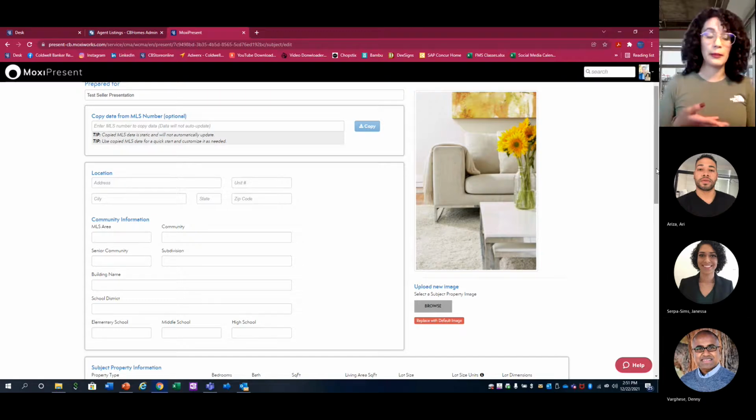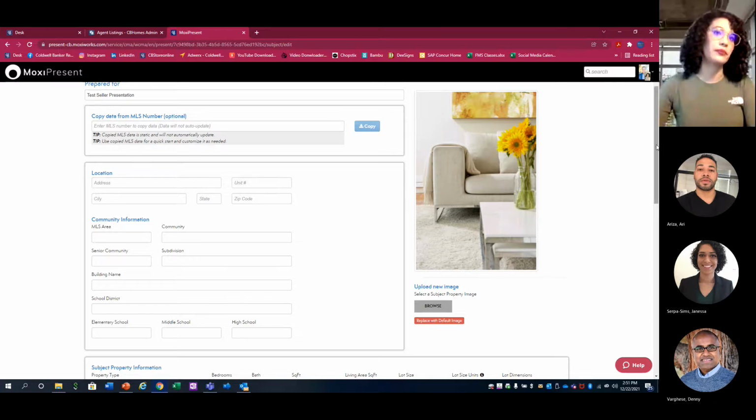I do want to put a warning, don't go out there on MLS and just copy and paste a picture. We want to really protect the privacy and all of the copyright and rules for the photographers. So that's why I recommend driving, taking a picture, or if you know them or have access to that agent, ask them if you could use a picture from them. So that's a quick little thing if you want to have that edited, make it a little bit personal